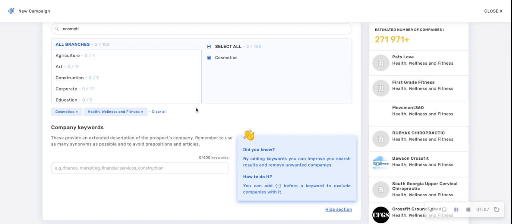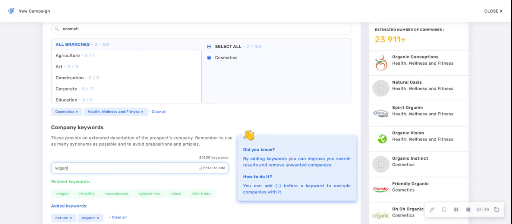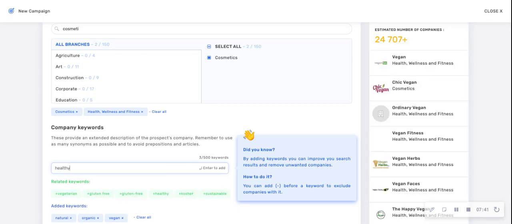The next filter is the company keywords filter. Here you can put the words the company uses to describe themselves, for example, on their website or in their LinkedIn. Be creative, use various descriptive words, and try to use as many synonyms as you can. For example, in this case, let's use keywords such as natural, organic, vegan, healthy,